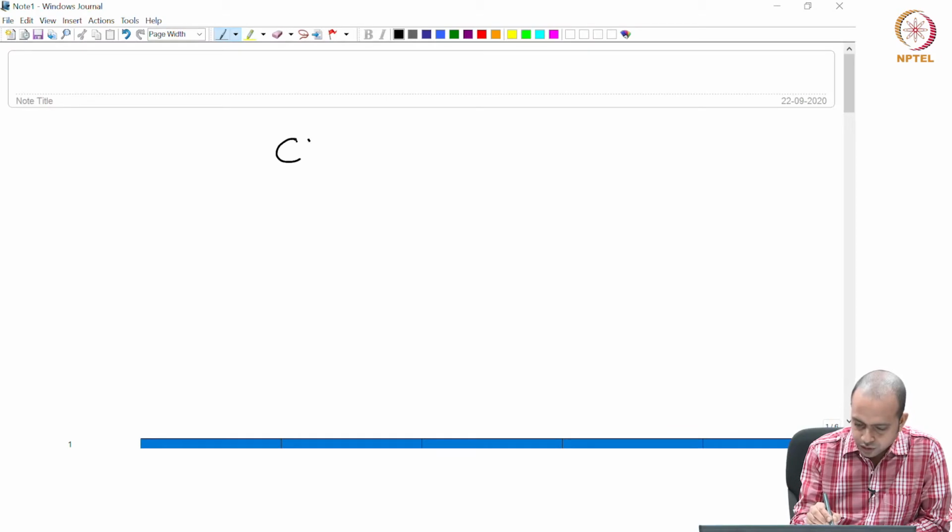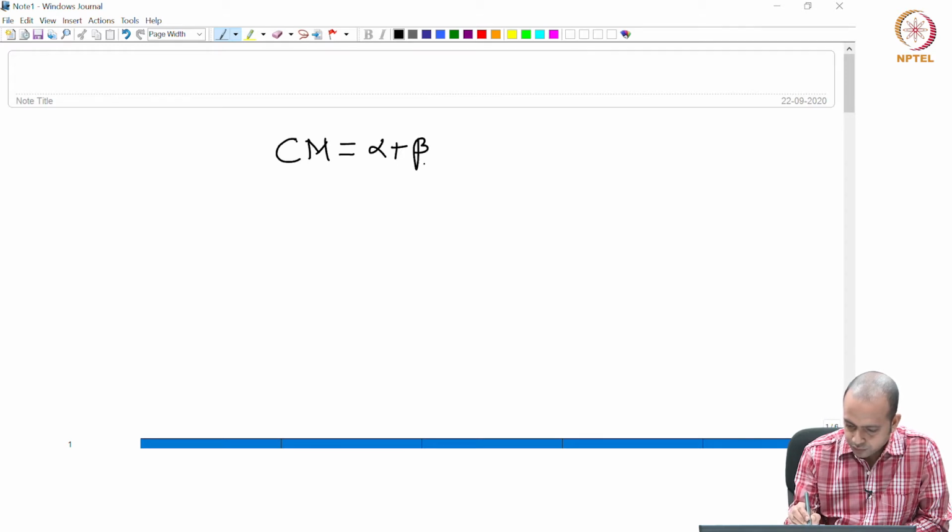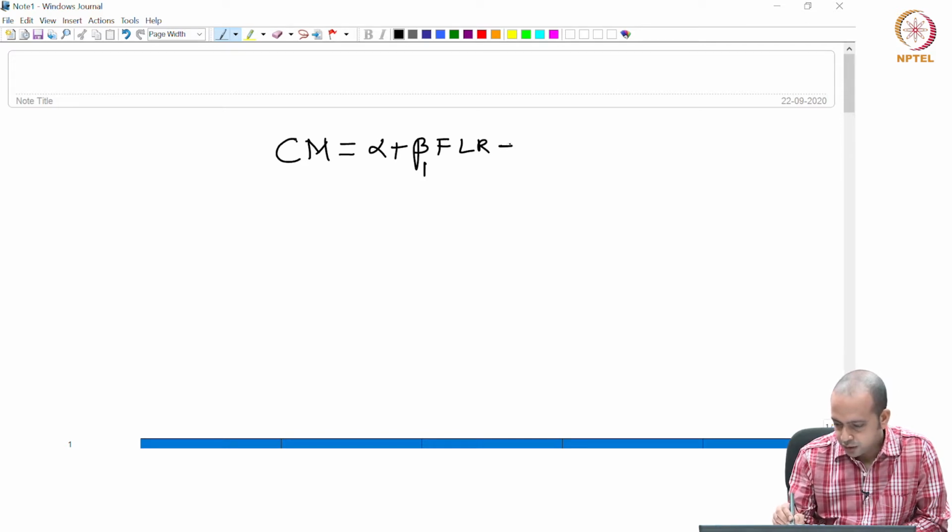So, let us say that our initial model is CM equals alpha plus beta 1 FLR plus UI,